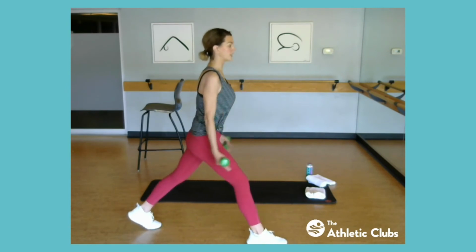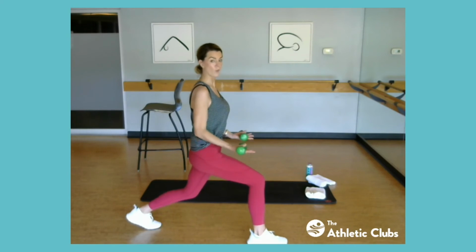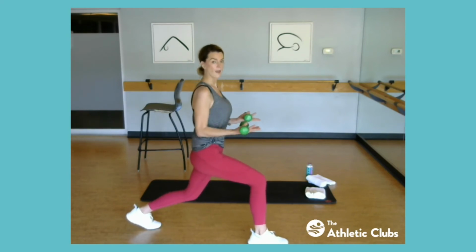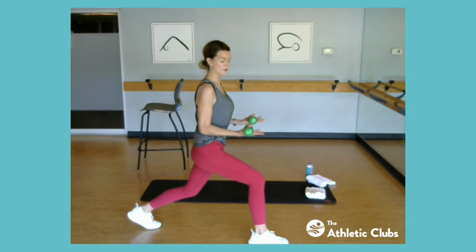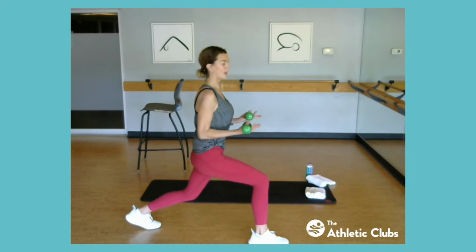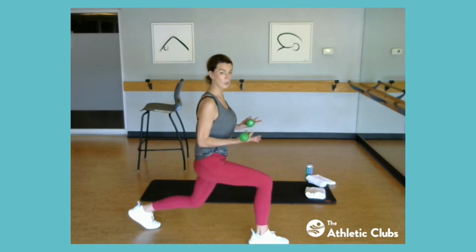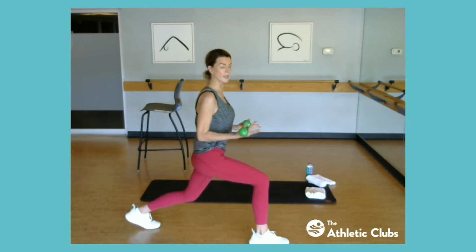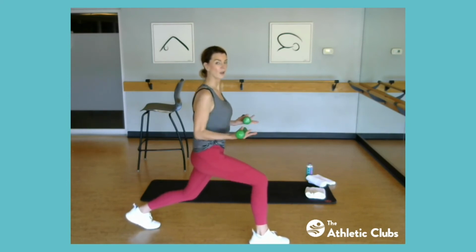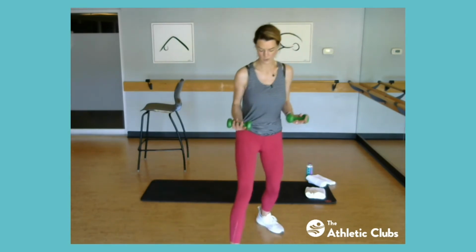We're gonna pulse it into last one. So halfway, arms come about elbow height, or your palms line up with your elbows, and just tiny pulses. Tiny pulse on that lunge. See how low you can get that back knee. I mean, low, low, low. You're stretching that hip flexor, working that quad, glute, hamstring, and then from here,